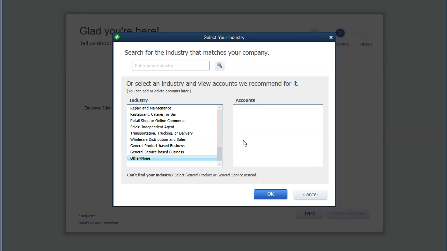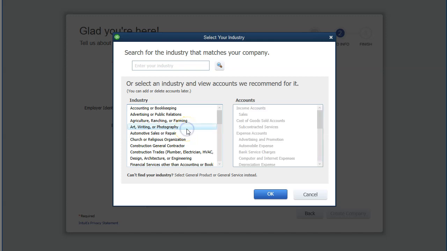It'll just give you a couple basic accounts that are pretty much mandatory for any kind of industry. Most people will want to basically choose an industry here, and most of these industries will be something that fit most people. You want to have that chart of accounts set up for you, because if you're not really familiar with accounting, you can use the chart of accounts as a default. In other words, you can think about when we record transactions,